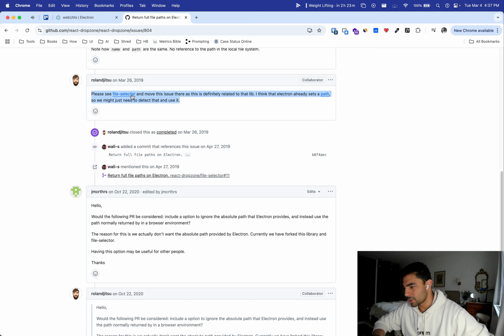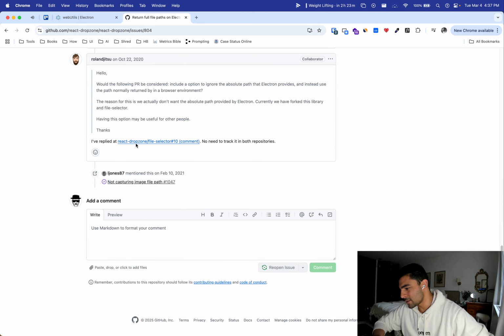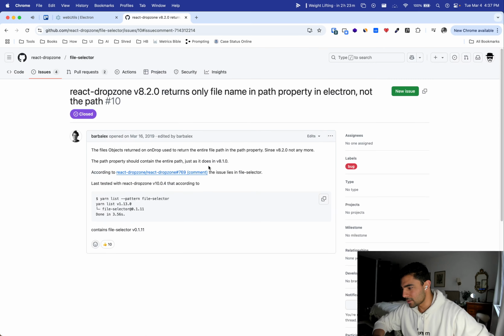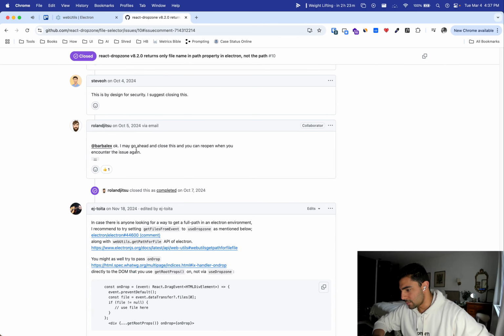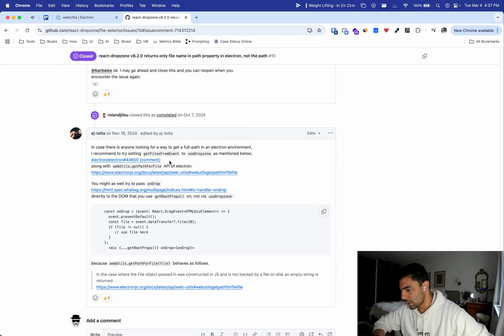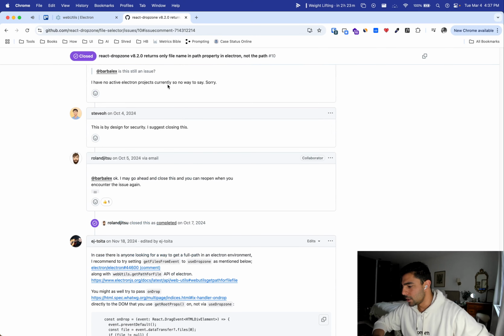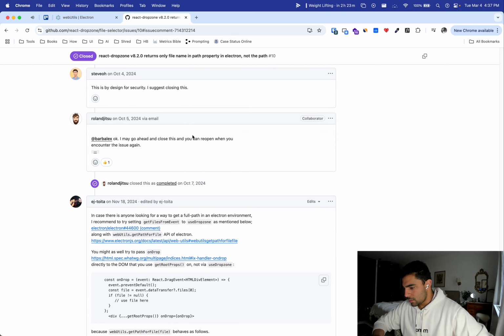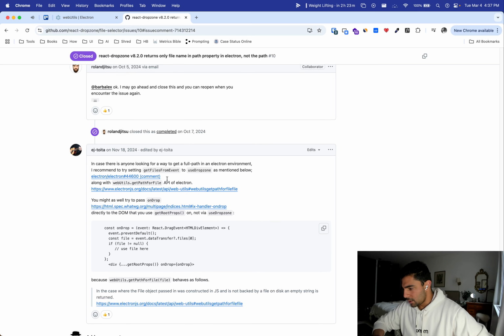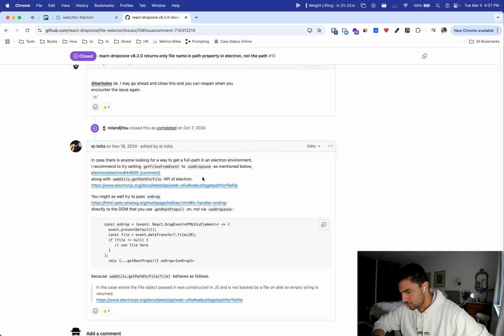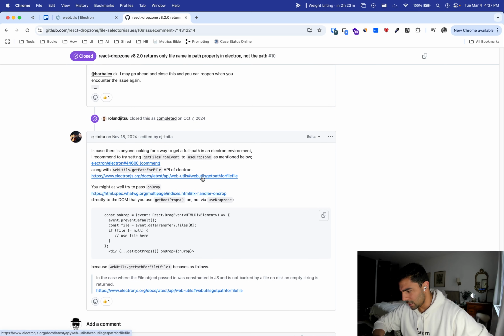There's an issue with the file selector, which is another library that this depends on, and it's causing some issues. So it seems like there's an issue here. It says here, recommend try setting get files from events to use drop zone. So in any case, on my side at least,